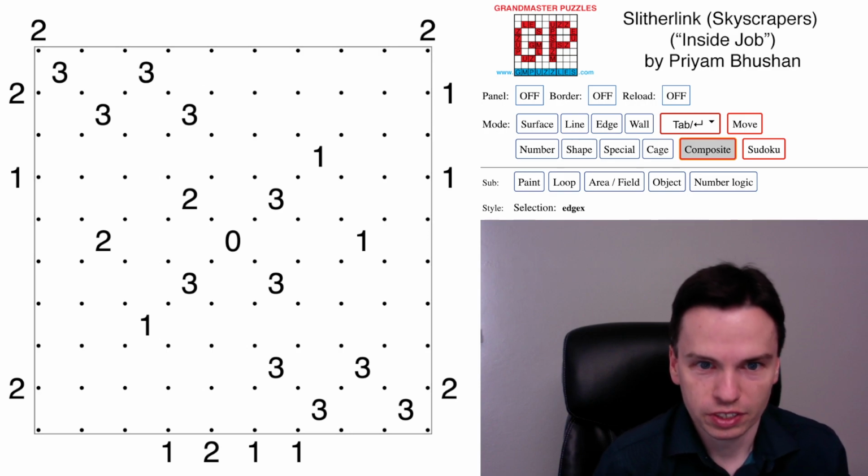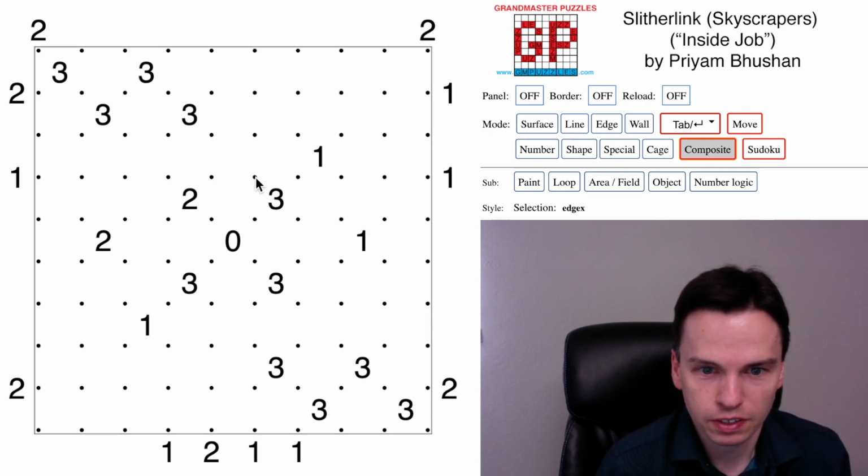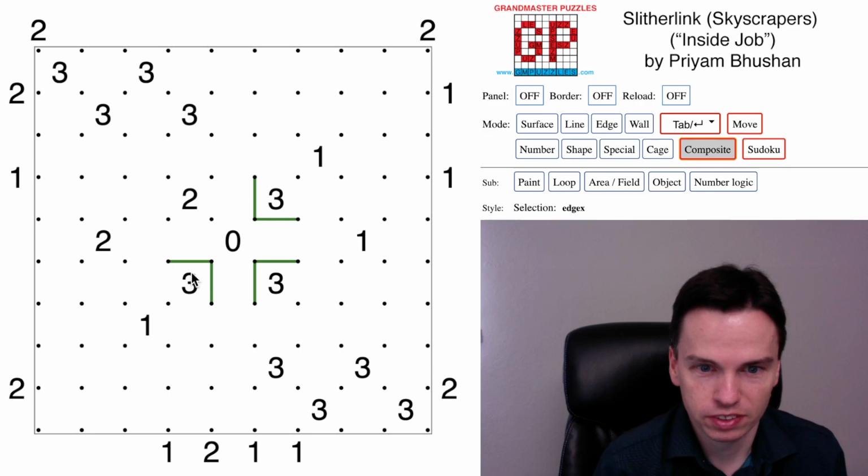So we're here to solve this Slitherlink Skyscrapers variation by Priyam Bhushan called Inside Job. I'm going to start by just marking some standard Slitherlink pattern constraints, and these diagonal 0, 3 groups will always have these edges near the 0 filled in, and then even coming further along those diagonals, the 3's into the 1 will always take one of the edges that are just adjacent to those touching cells and not the ones